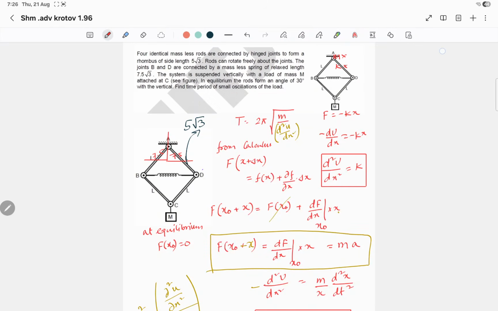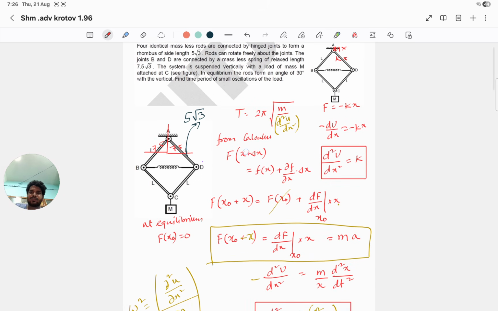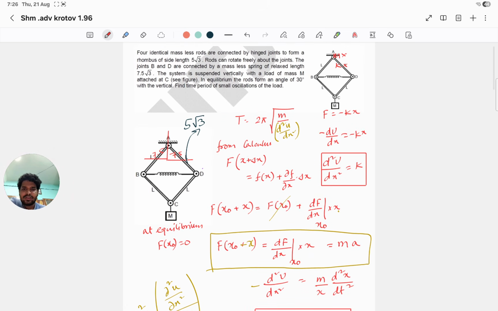Hello everyone. So this is a question I was going through of FIITJEE AIATS of past year. One of my students sent this one, or I think this problem is in Krotov also. Okay, so the question given is: four identical massless rods are connected by hinges to form a rhombus of side length